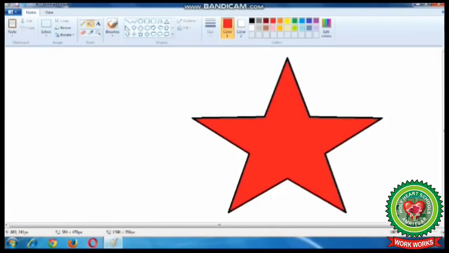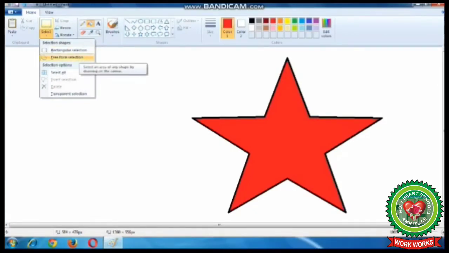Now students, selection tools are present under the image group. So before the tools group, you can see image group is present. In the image group, select option is available. You will click on the drop down arrow of select option.